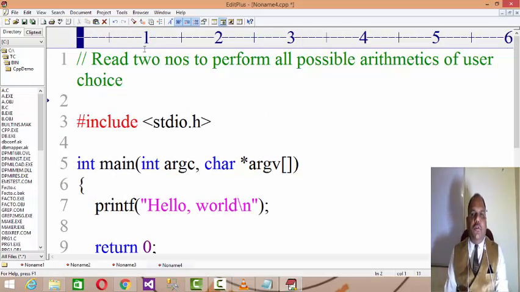The user will input the 2 numbers, but which arithmetic operation he wants to perform with these 2 numbers, whether addition, subtraction, multiplication, division, modulus, or compare, has to be decided by the user. Let's build a solution.